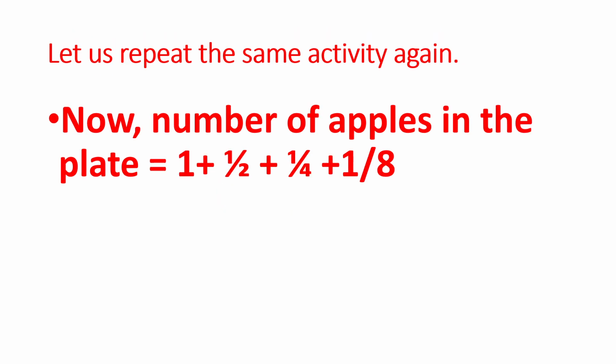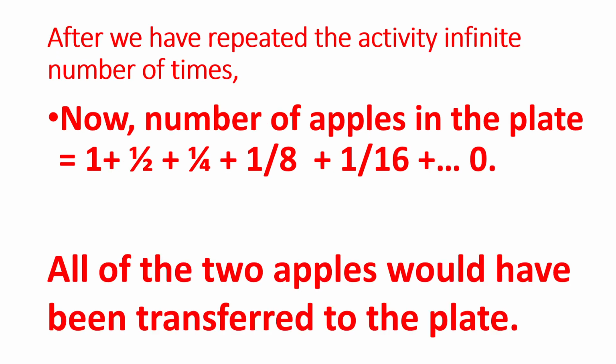Now let us repeat the activity again by adding half of whatever is left into the plate. So now the number of apples in the plate is 1 plus half plus 1/4 plus 1/8. Now when we have repeated this activity an infinite number of times, the number of apples in the plate equals 1 plus half plus 1/4 plus 1/8 plus 1/16 and so on till 0, because at the end of it